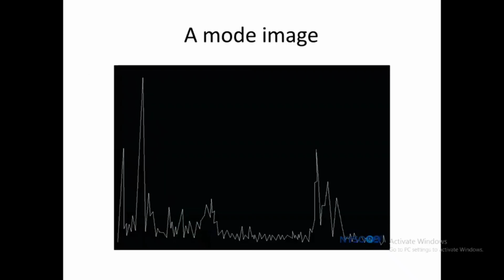In this image, you can see the first peak, and there are some noise levels, and then there is a second peak. The first peak is the depth. Consider the x-axis as depth and the y-axis as amplitude. The difference between the x and y axis is plotted, and with that we can depict a picture. A mode is mainly used in the field of cardiology, and it is used to depict tumors.